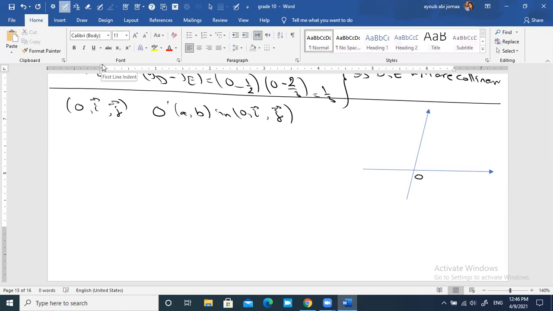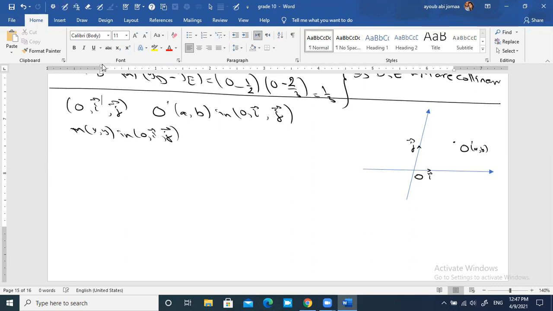The center is O. Here we have I and J. And you are given a point O prime, sorry, of coordinates AB in this system. Right. Now, if you have a variable point M of coordinates XY in the system OIJ,